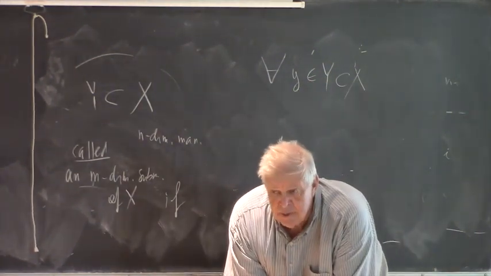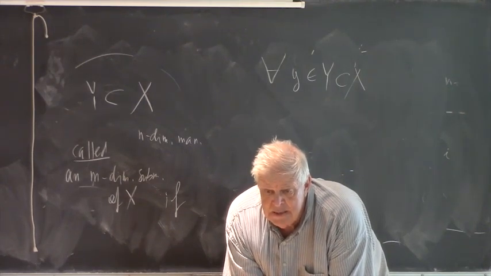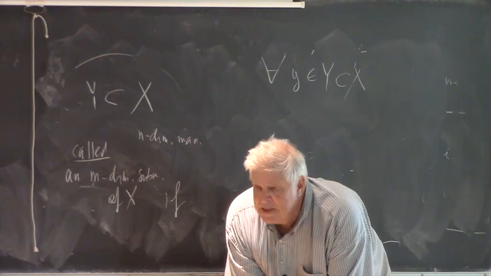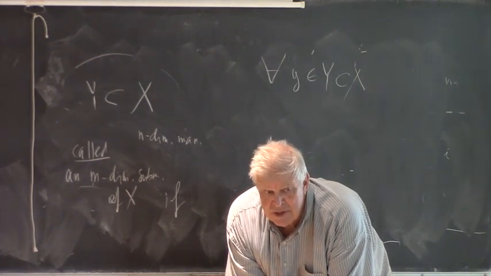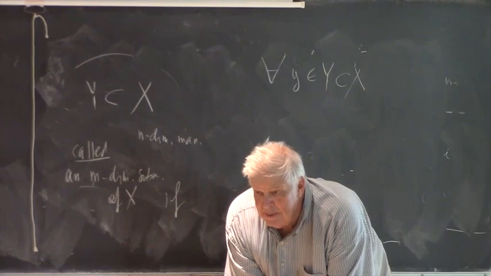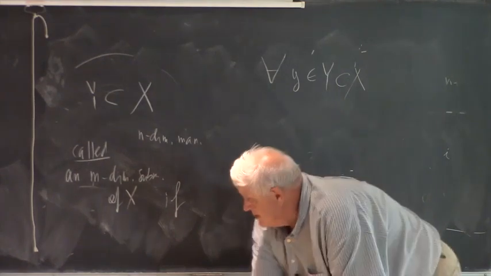X is a manifold, so it has charts. I consider the maximal atlas. So when I say chart of a manifold, I just consider every chart which is compatible with all charts of some atlas. So maximal atlas. Charts are charts. There exists a chart